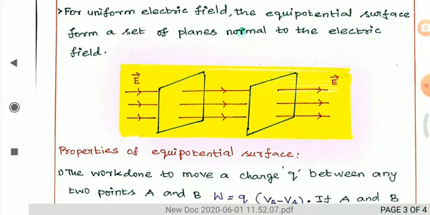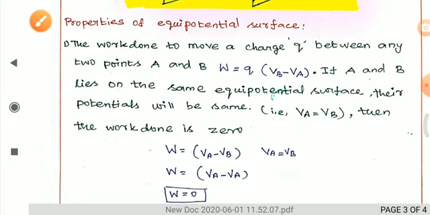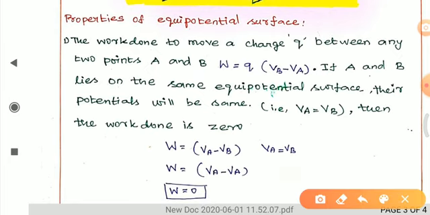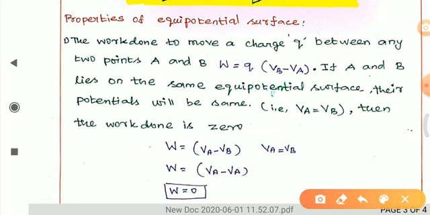Then what are the properties of equipotential surface? So from this also we can expect the 2 mark question and even 1 mark question. Mostly 1 mark problem oriented question can be expected from this topic. Right. So what are the important things we have to understand from these properties of equipotential surface?